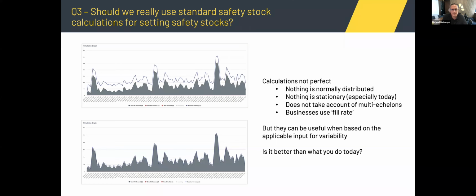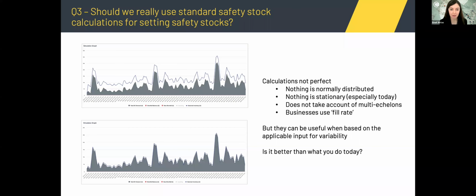Thanks, Mike. And Mel, do you have any comments on this one? Just to add the distinction: the safety stock based on the standard calculation is based on the cycle service level. So it's like, out of 100 cycles, how many of them do you expect to stock out? And it's a rather conservative measure. As Mike has said, it's assuming a normal distribution, where we know many of these areas are not normally distributed.